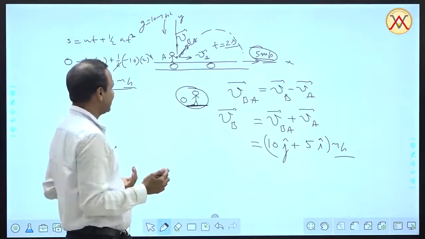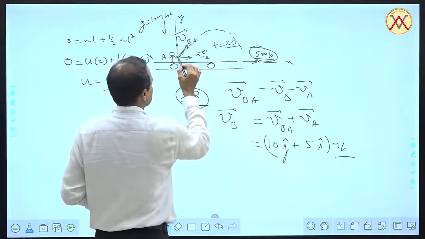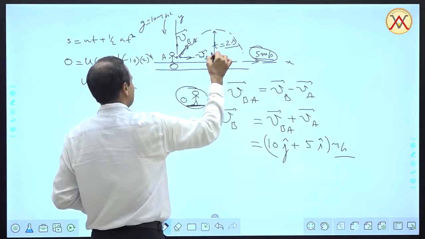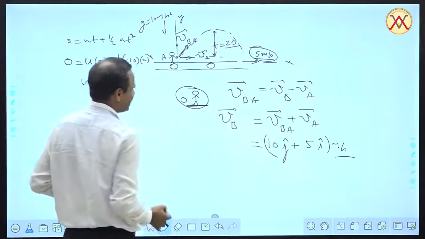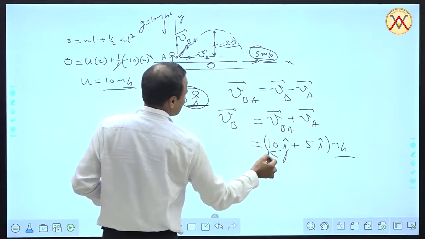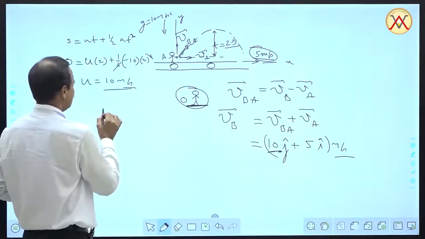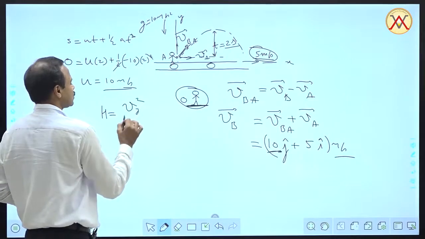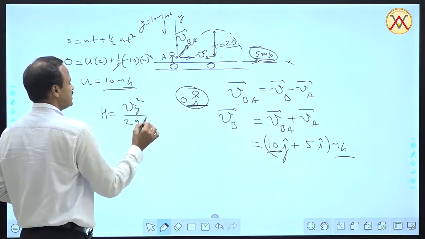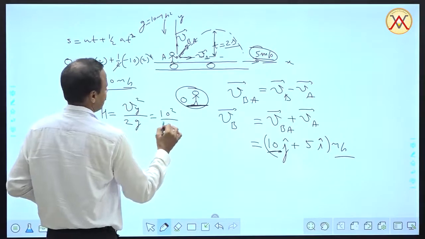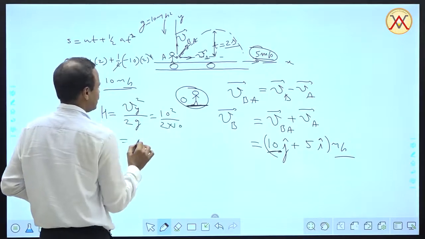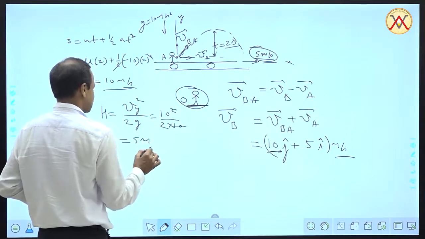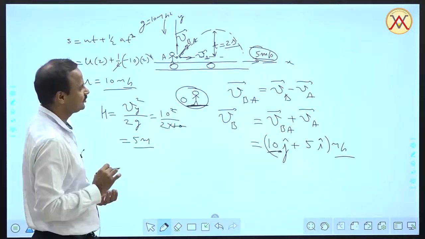Okay, so what were the other parts? We had to find the maximum height attained by the particle. So from its initial position of launch, the maximum height we can find just by the projectile formula. We can use this vertical component 10 here. We know that maximum height of the projectile is Vy squared by 2g. So it is 10 squared by 2 into 10, which means it is 5 meters. So the maximum height attained by the projectile is 5 meter.